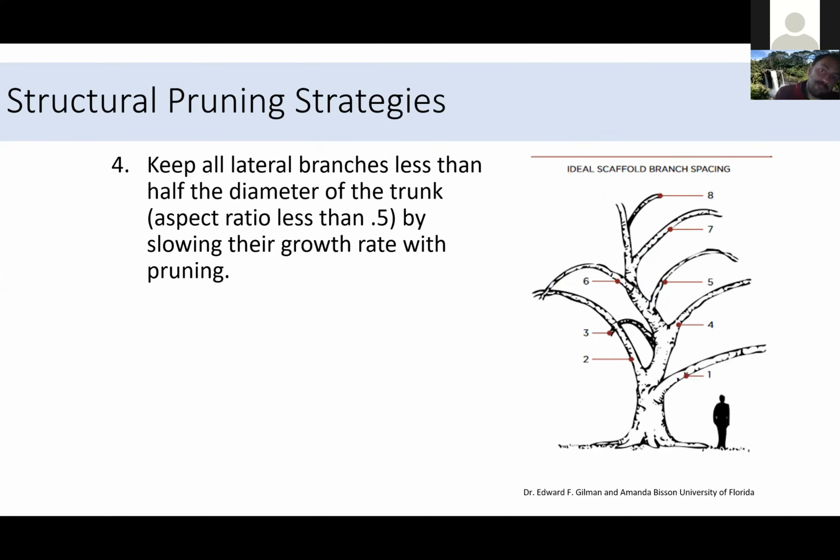The fourth strategy is we want to keep all lateral branches small, and this includes just what we talked about with temporary branches, but also all the branches, even the permanent ones. We also want to encourage them to be less than half the size of their parent branch or less, so they have a collar. Because even if the branch is going to be on the tree forever, we still want a branch collar, because a branch that has a collar has a stronger attachment and is less likely to fail. So keep all lateral branches, including those temporary ones, less than half the size of their parent branches to make sure there's a collar.